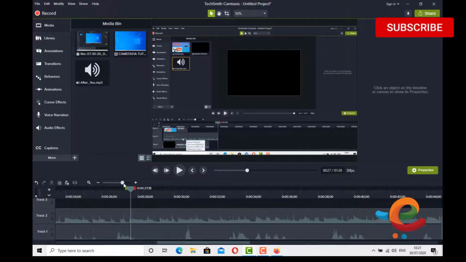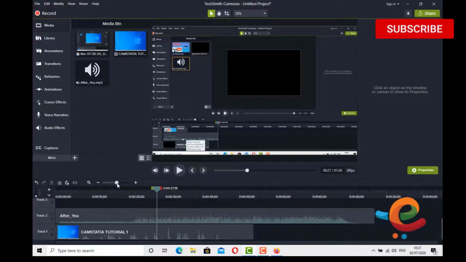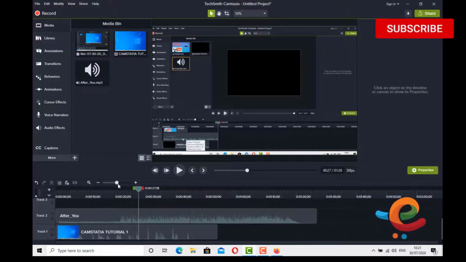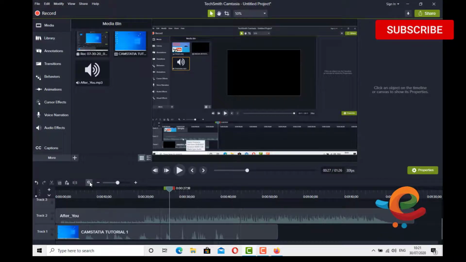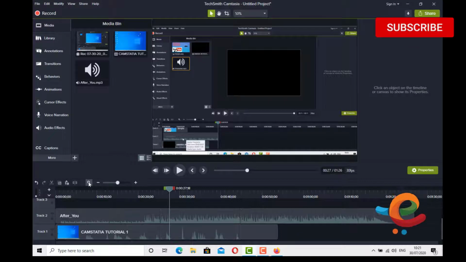You can zoom in, and at the same time you can zoom out also. There is one more option, the magnifier. If you press the magnifier, you will get the whole project in the timeline. This is a good option.